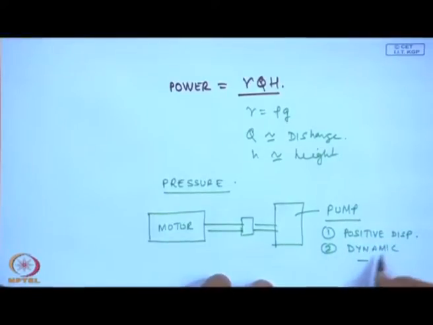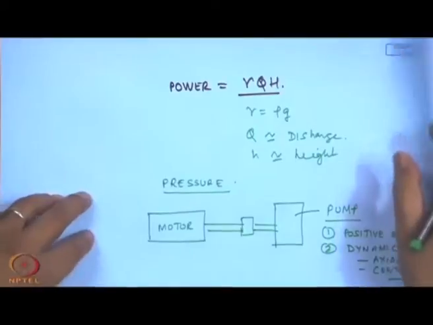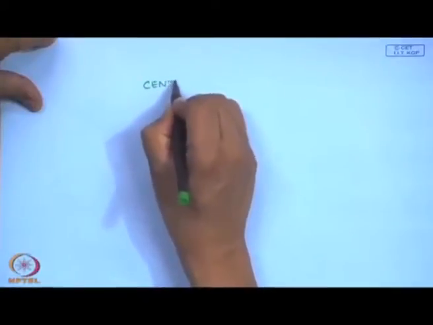So, in dynamic they could be axial, they could be centrifugal, and so on. And the most common pump which you will see is the centrifugal pump,